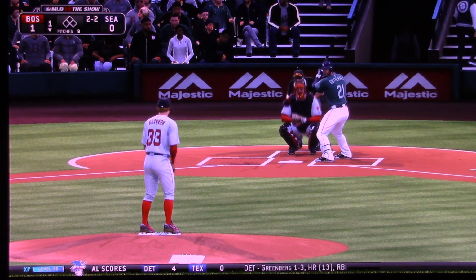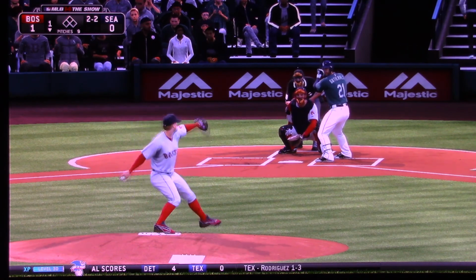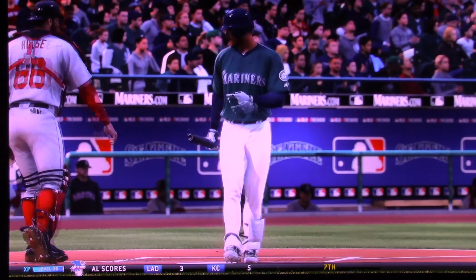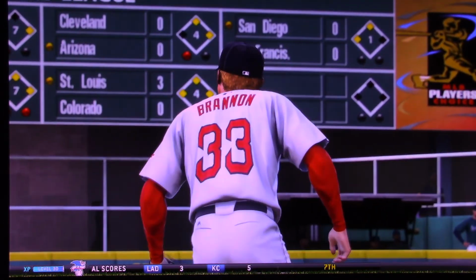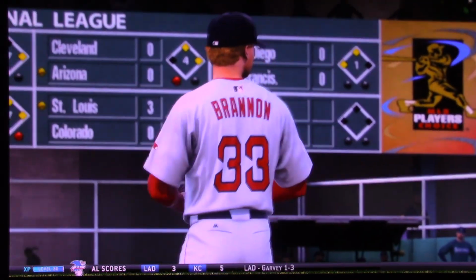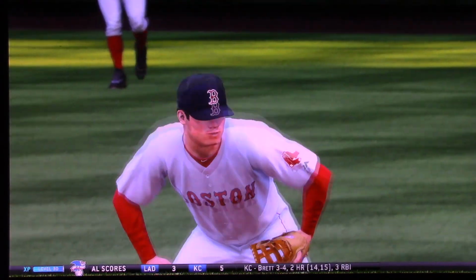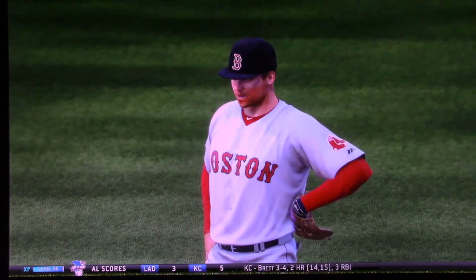Take off on you. He's lucky that didn't hit him. Fastball called, strike 3, and there's the first out of the inning. You know, now that we've made it to just about the midway point of the season, this is where you start to see a little bit of separation between the halves and...